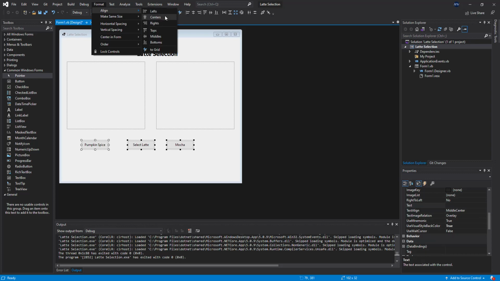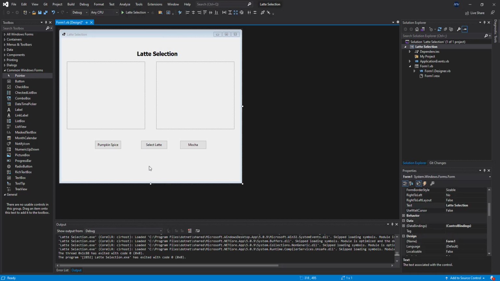So align, right stops, horizontal spacing, make the same, center in form, horizontally, vertically. There we go. So we'll just do that. This is actually a little bit off, so that's okay. Close enough. So select latte, the name of that button